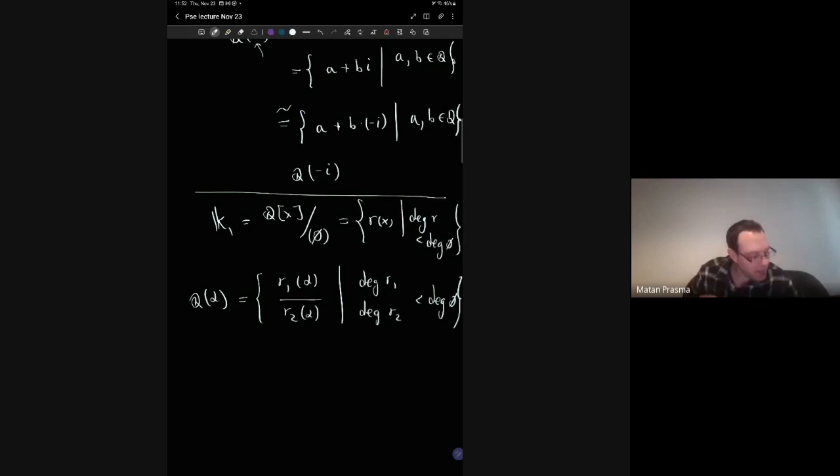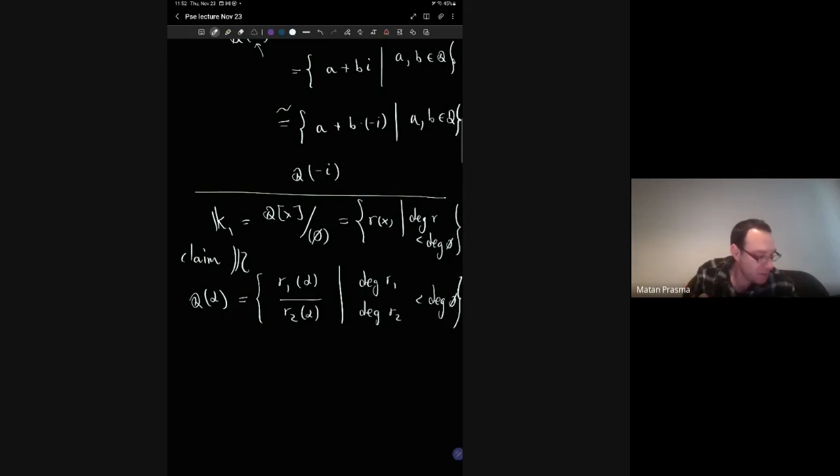Now, I claim that these two fields, we showed that each of these sets is a field, but I claim they are isomorphic fields. I can construct the isomorphism and show it formally, but to get the intuition,